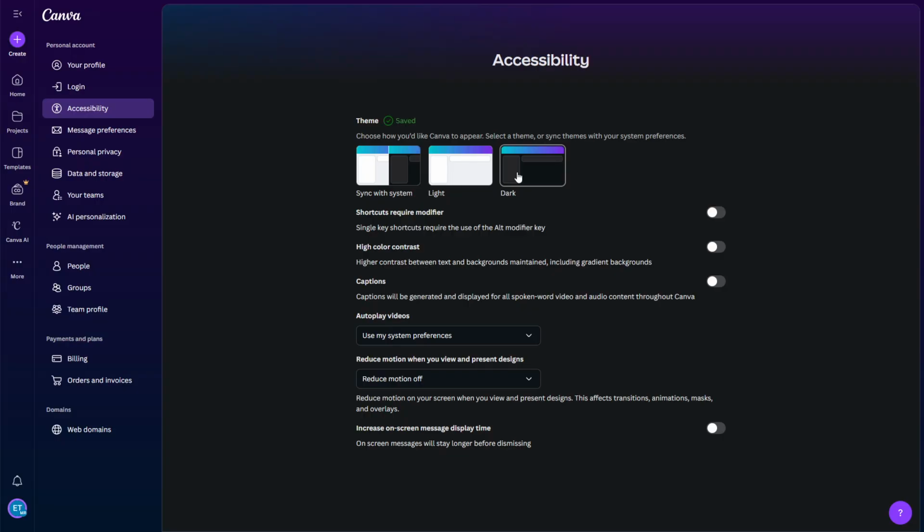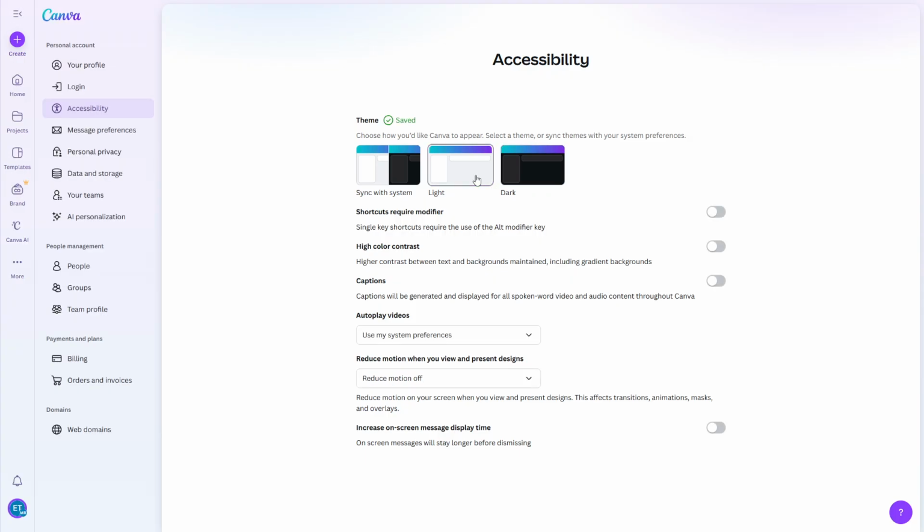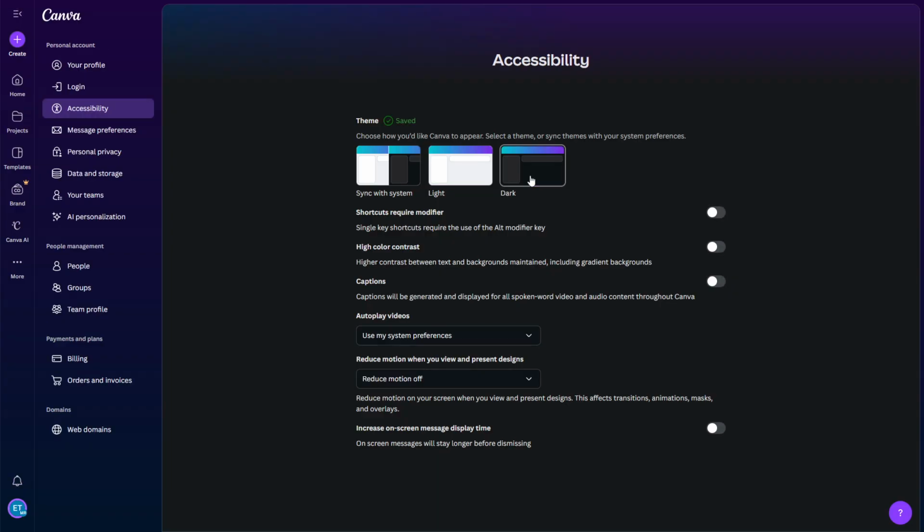Inside Accessibility settings, you'll see an option for dark mode. Click it, and your Canva dashboard instantly switches to a sleek, darker theme. Dark mode isn't just stylish, it reduces eye strain, makes designing in low light more comfortable, and adds a modern